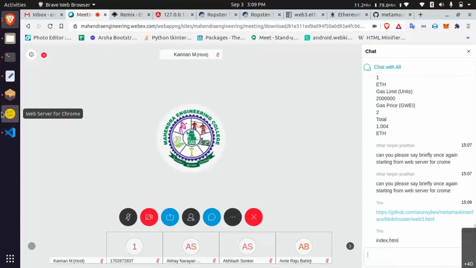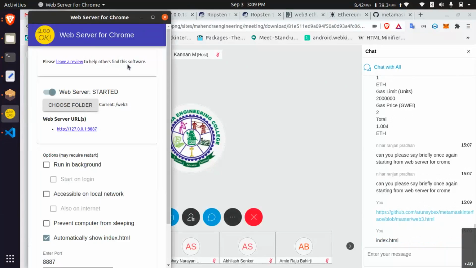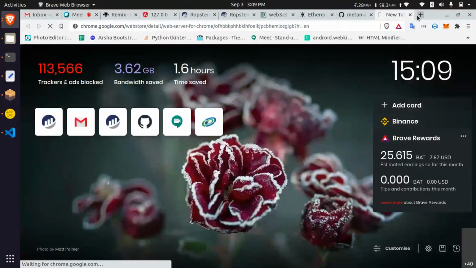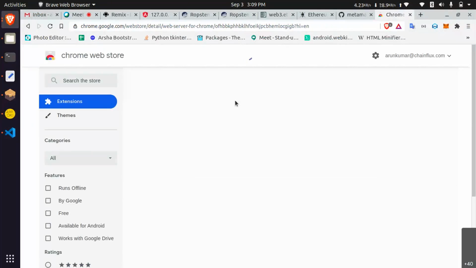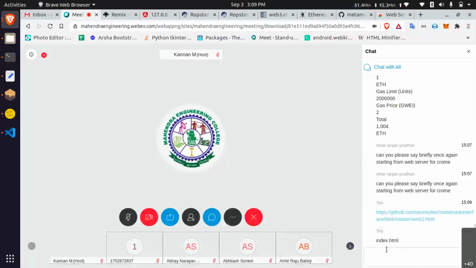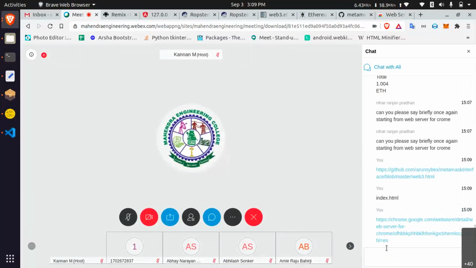You have to download this web server app in Chrome, like how you downloaded MetaMask. The same way you can download Chrome server. If you need the link, I will paste it.